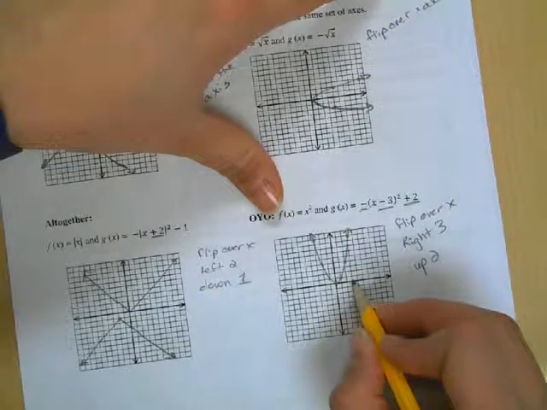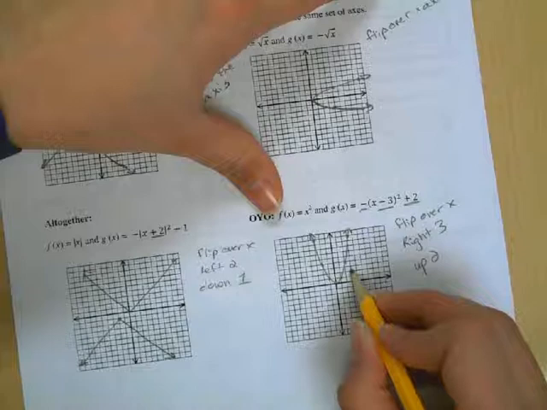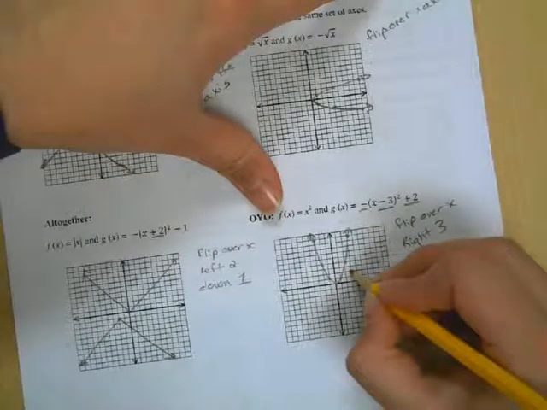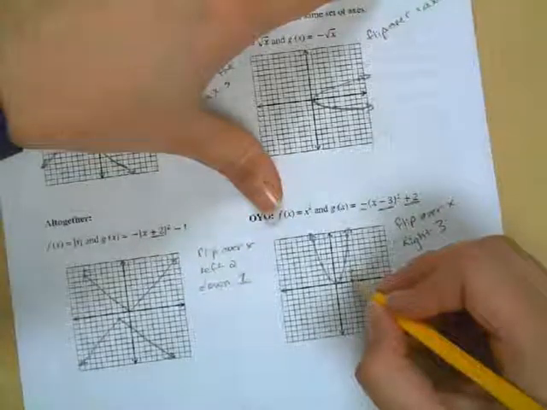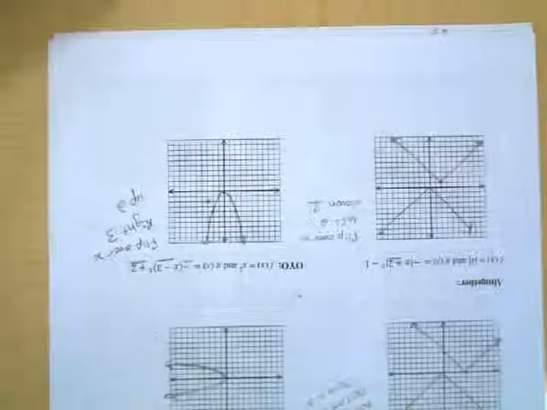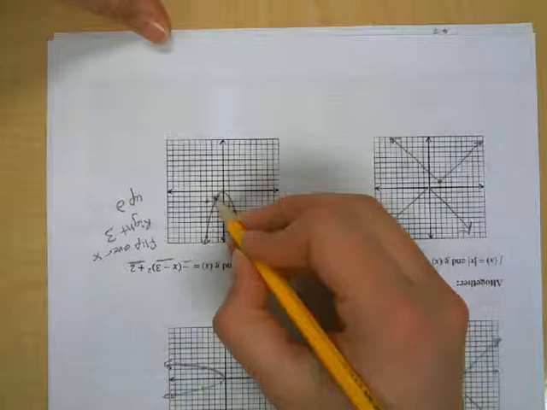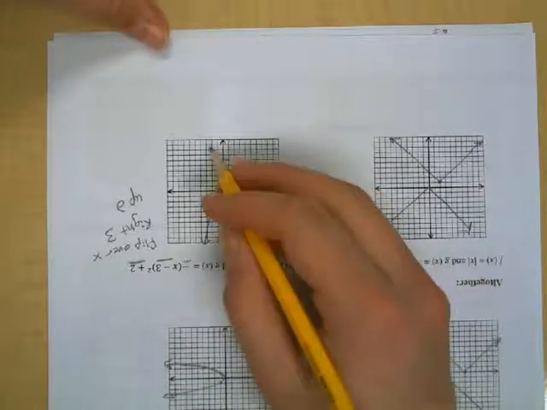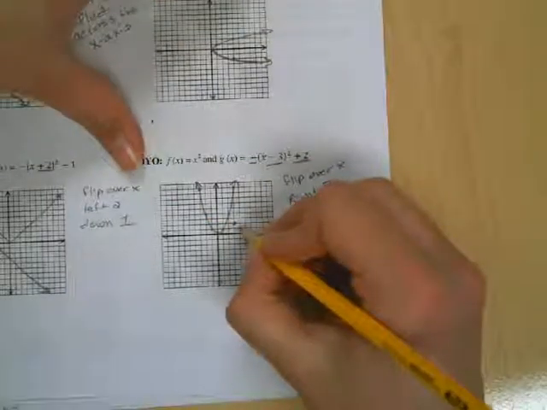Okay, so right 3, 1, 2, 3, up 2, 1, 2. This is my new starting point, and then we're going to flip. So now, you can either take your paper and literally turn it around, and then graph. Up 1 over 1, up 4 over 2, up 9 over 3, or you can just count the other way. Down 1 over 1, down 4